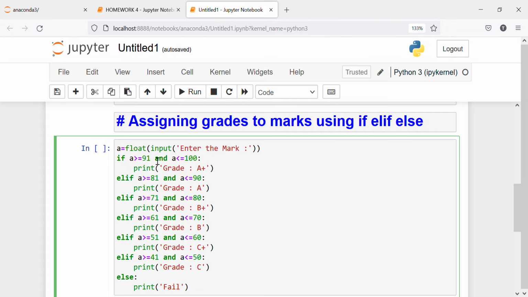So here input is a function that is used to get the input from the user, and here the input required is the marks. So now we are checking the first condition. If our mark is greater than or equal to 91, here greater than or equal to is a comparison operator which is used to compare whether our variable is greater than or equal to 91. And is a logical operator,